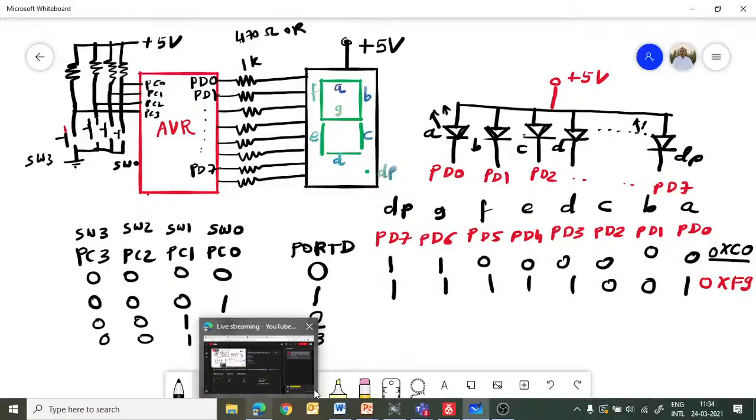Whenever switch 0 is off, at that time this combination 0, 0, 0, 1 is there, you have to transfer F9 to the 7 segment display. So now you have to prepare all this code corresponding to all the numbers, and then you have to save these into lookup table. In previous example, we have seen that we were storing square of number in the lookup table. But for this problem, what you have to do, you have to save 7 segment codes in the lookup table. Then you have to fetch the 7 segment code from the lookup table, and then you have to send it to the port D.